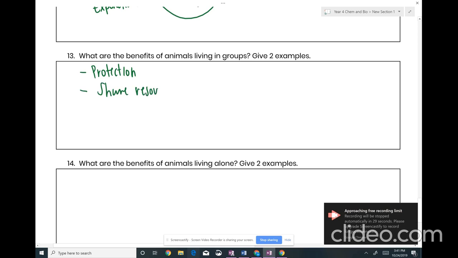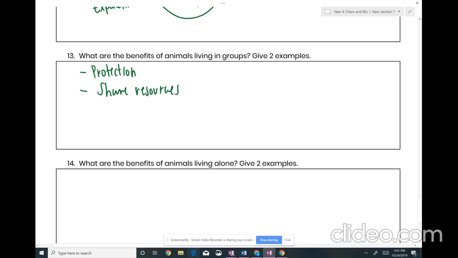So that would be our main two on here. This one, mainly not to share. If you're living alone, you're not sharing, so that's kind of good. And then also, you are able to survive. Right, so you're able